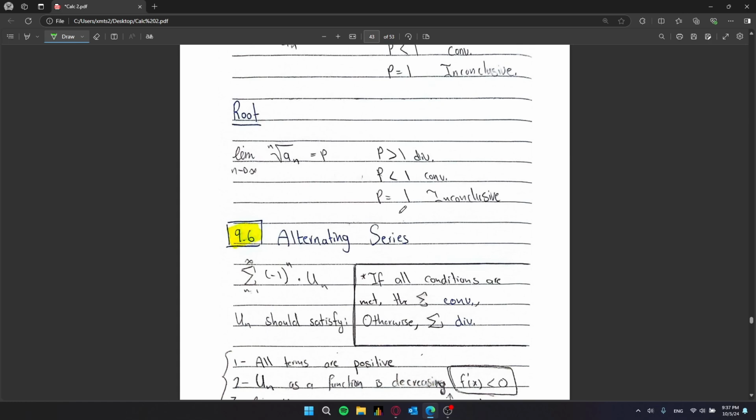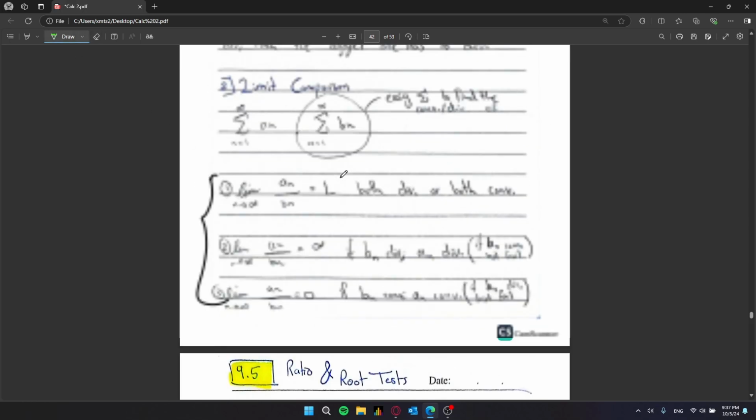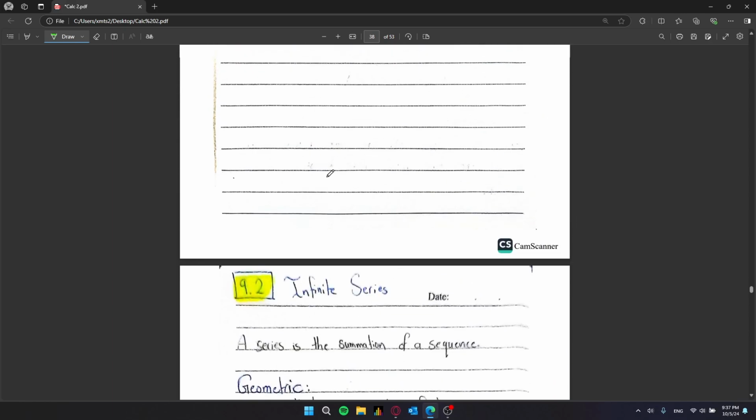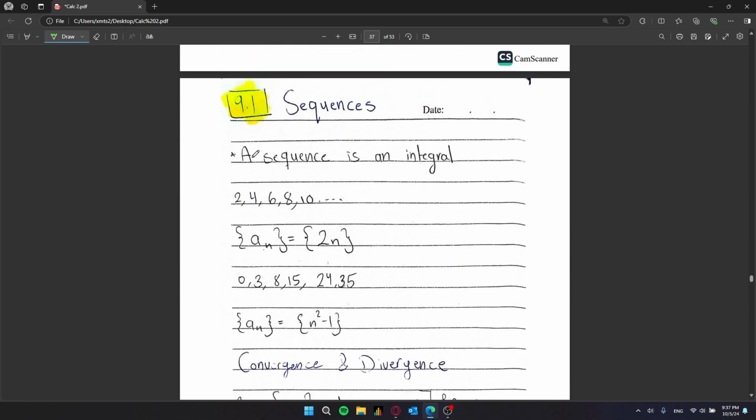Now, an alternating series is some series with this magical, lovely term. What this term does is it just makes every other term negative or every other term positive. So you have whatever series, let's say this is the series that you have, the one that we had in the first example. If this is 2n times minus 1 to the power of n, the summation from n equals 1 to infinity, what this does is it makes this